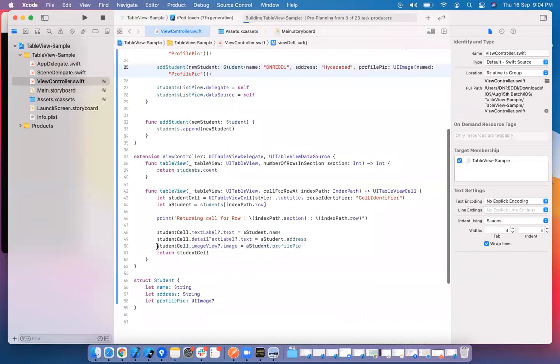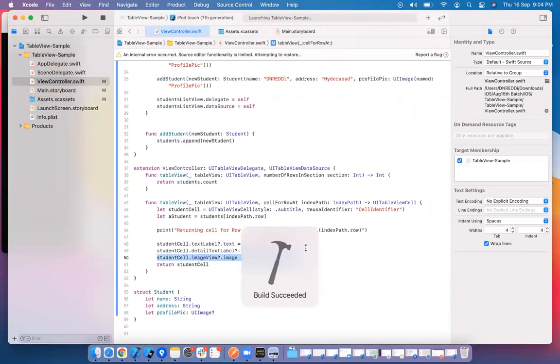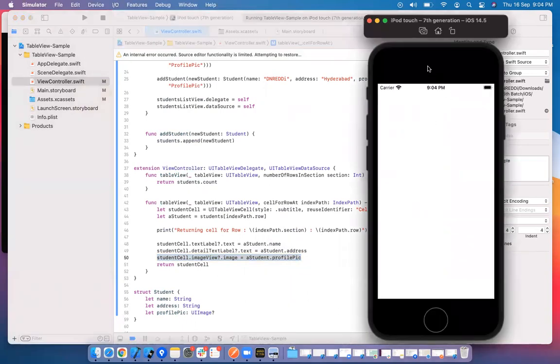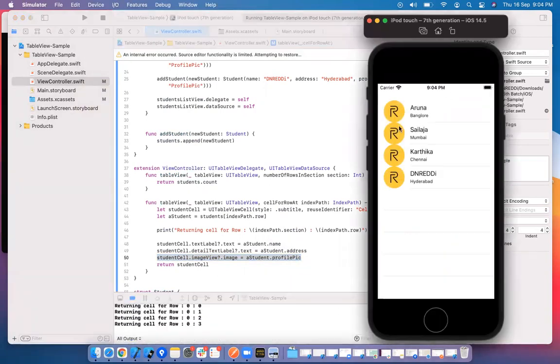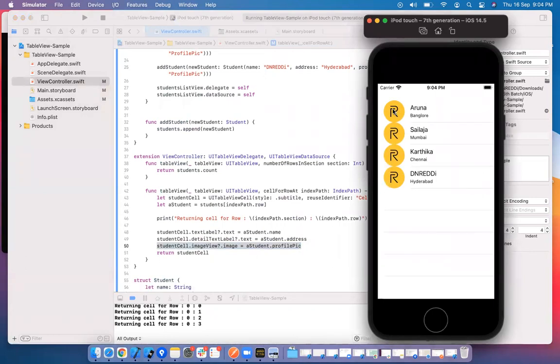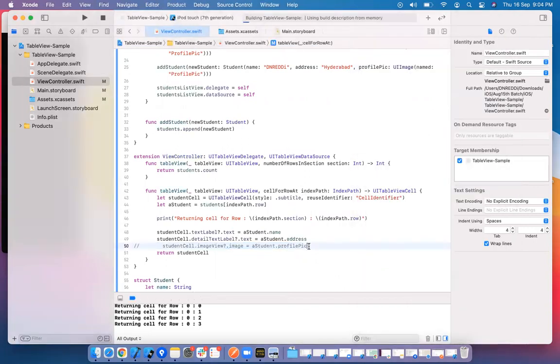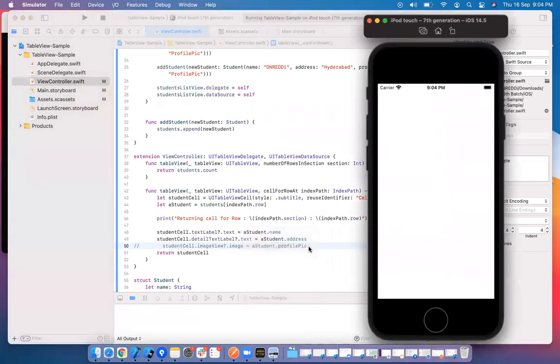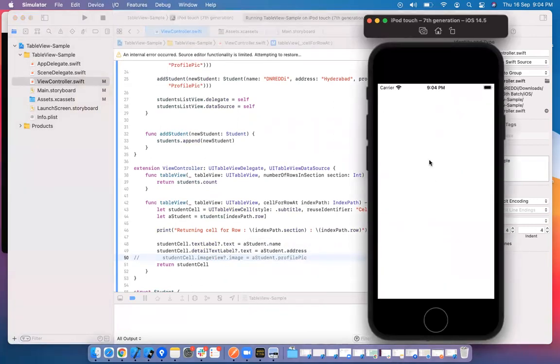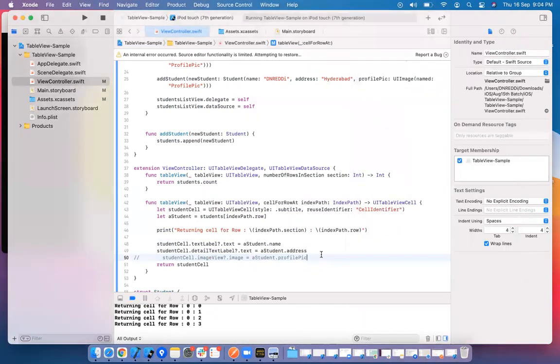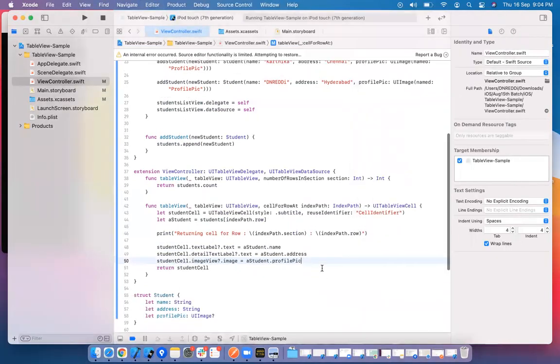Since it has a profile pic, the profile pic we are setting here should be displayed on the table cell. Displayed, right? If it has an image, that space will be occupied. Otherwise, the title and subtitle come towards the left. If you do not set the profile pic here, the titles will be moved towards the left. Now we'll see what the problem is.